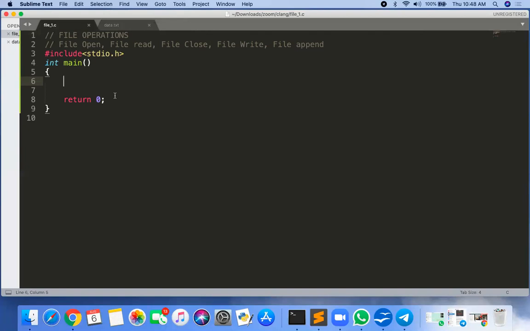So what is my task? First thing is I want to check whether this file exists or not. If the file exists, then only I'm opening the file, then only I'm reading the file. And if the file does not exist, then just give the error message that the file does not exist, I cannot open the file. This is my first task. So what you need first, now you need to open a file. If you need to open a file, then you need a pointer to the file.